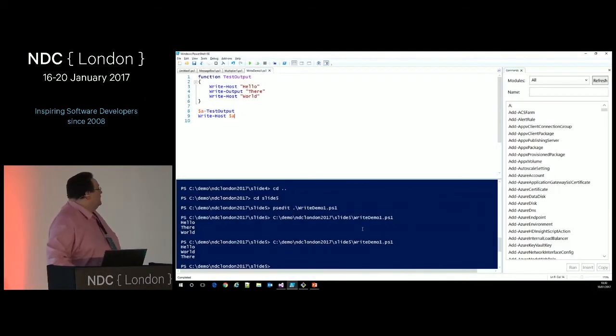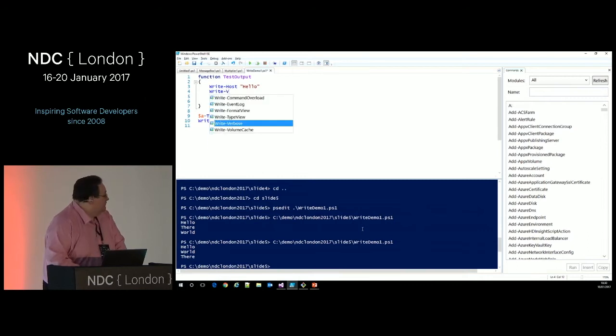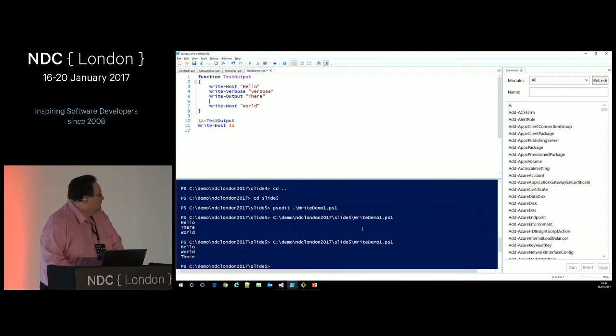And in here, I'm just going to put in Write-Verbose, which would help if I could type. There we go. Verbose. And I'm going to do a write of a debug statement. There we go. I'll do debug. Okay. So if I run this,